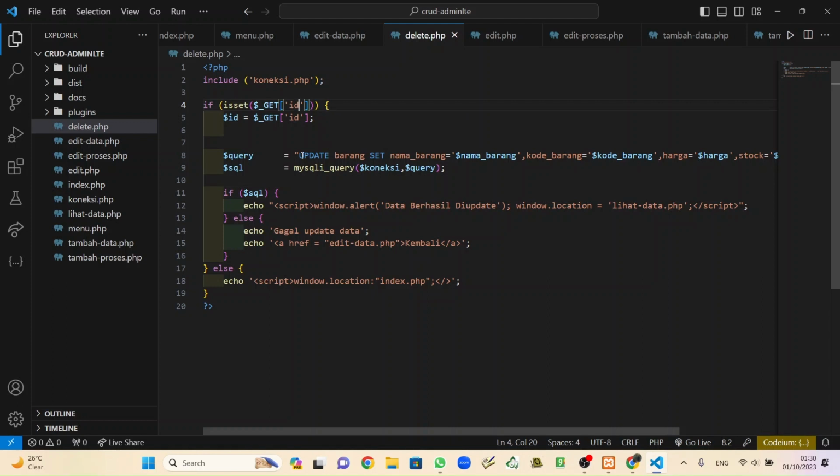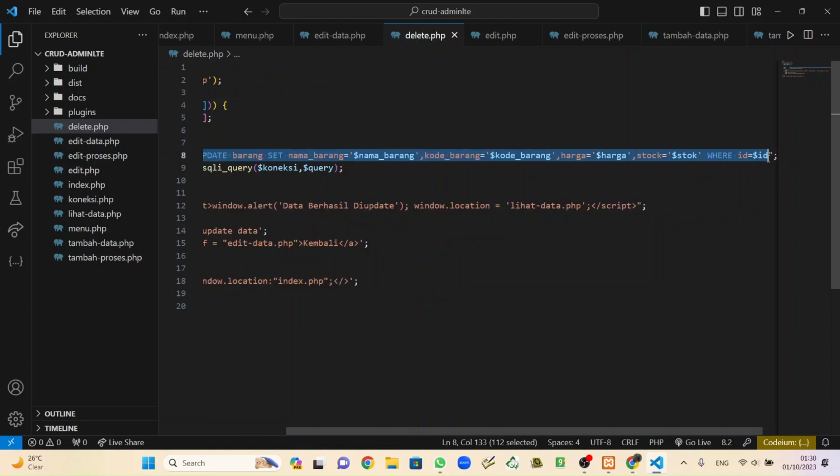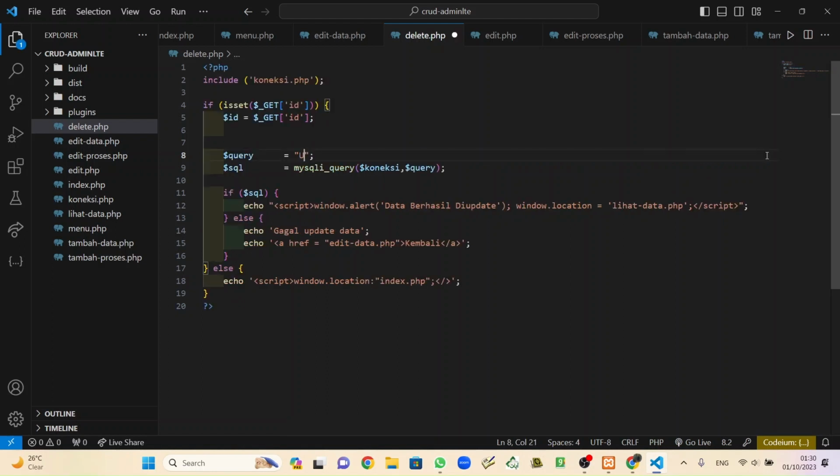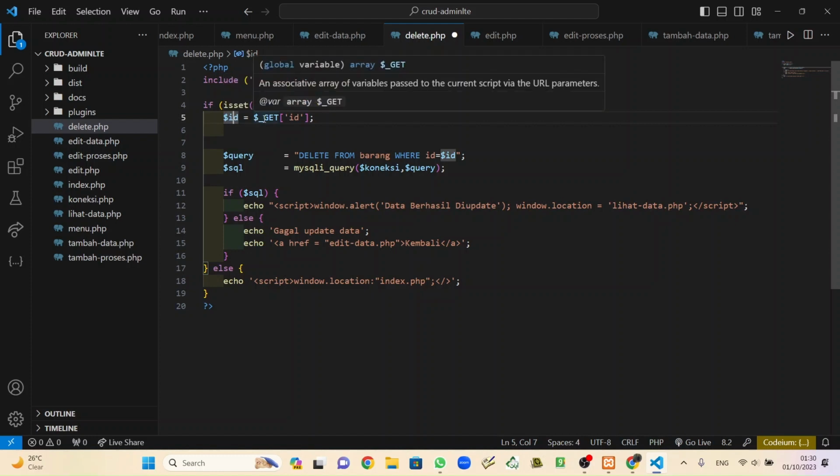And the query is not update, but as you can guess, delete from table barang where ID same like the variable ID at the top, and the value of variable ID is get from ID here.